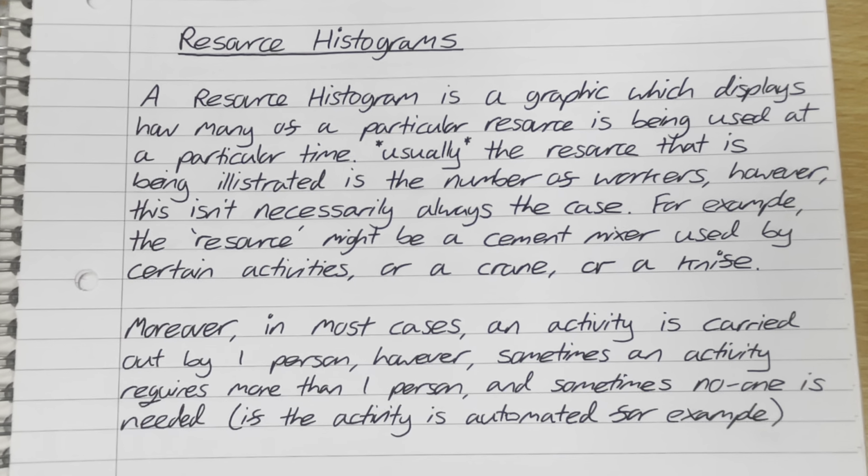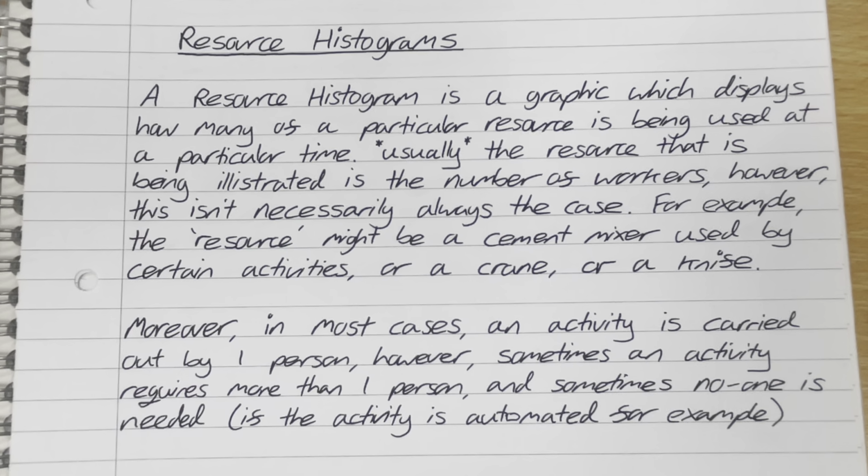It displays how many of a particular resource is being used at any particular time. Usually the resource that is being illustrated is the number of workers. However, this isn't necessarily always the case. For example, the resource might be a cement mixture used by some activities, or perhaps a crane, or perhaps a